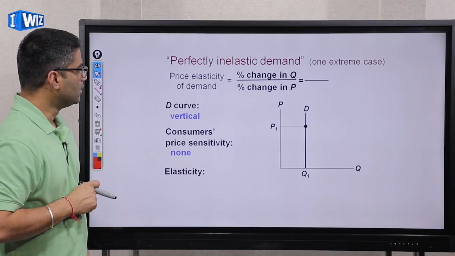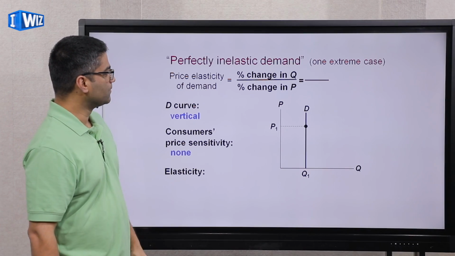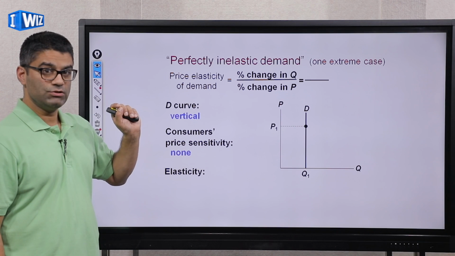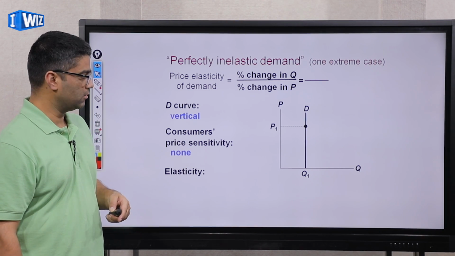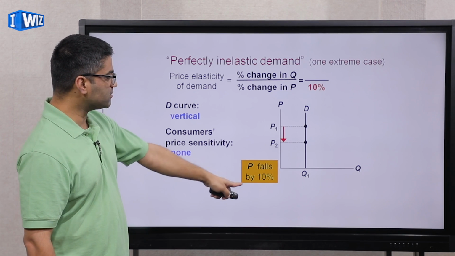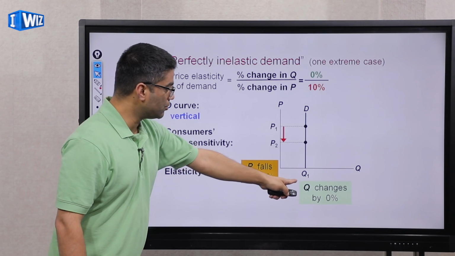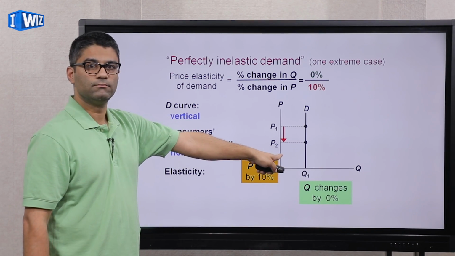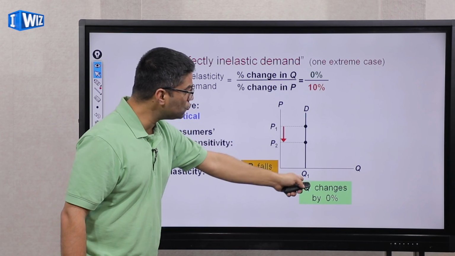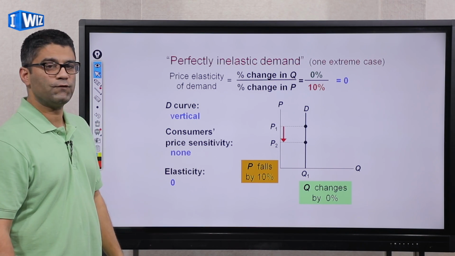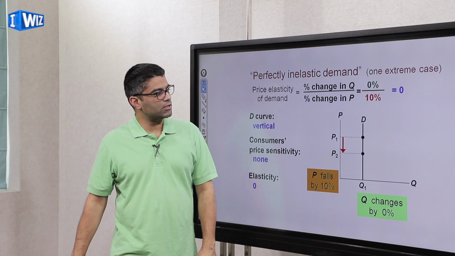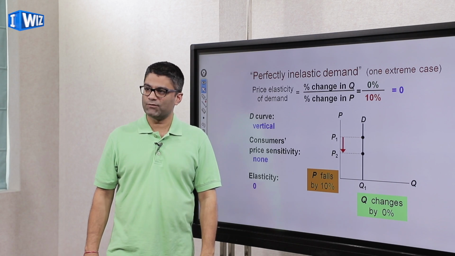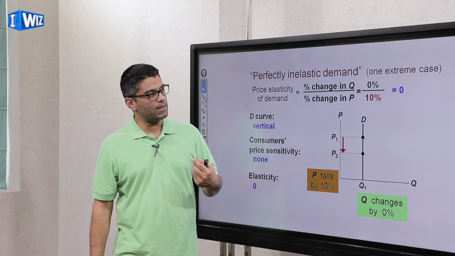A perfectly inelastic demand curve is where, if the price changes, you do not adjust your behavior at all. So the demand curve will be vertical, because if the price falls by 10% or rises, you're not adjusting your quantity at all. Graphically, you will continue buying Q1 units of whatever this good is if the price changes. It's very hard to think of examples of demand curves which are perfectly inelastic, right? So maybe